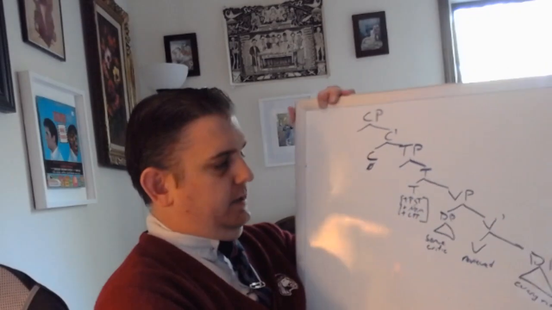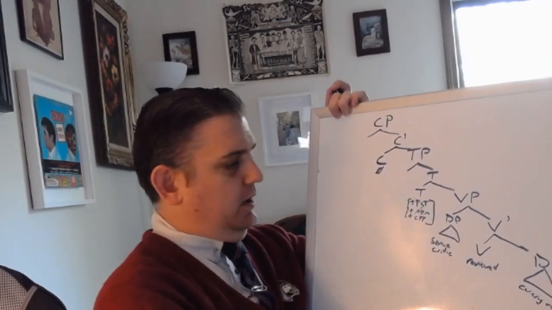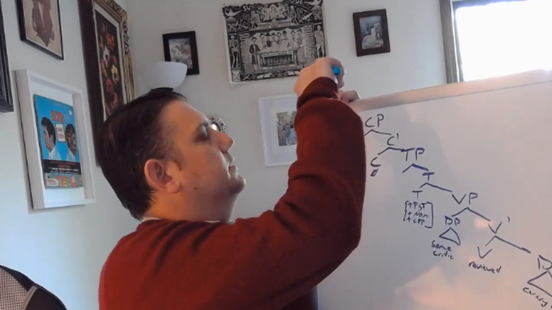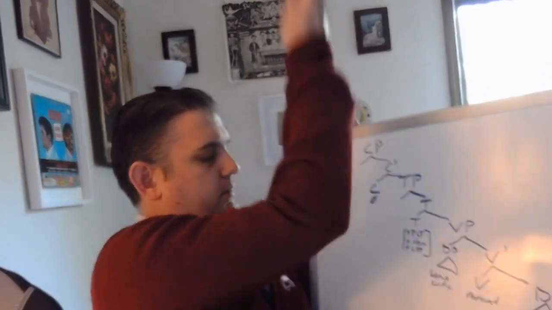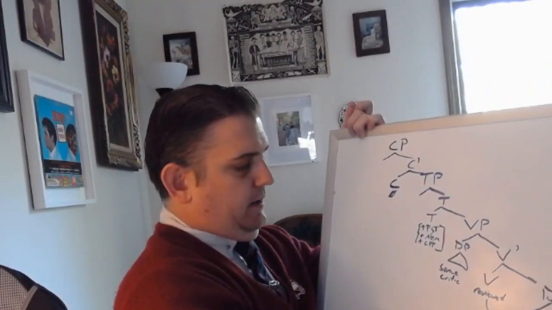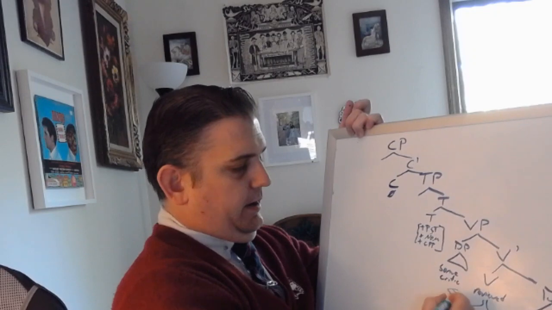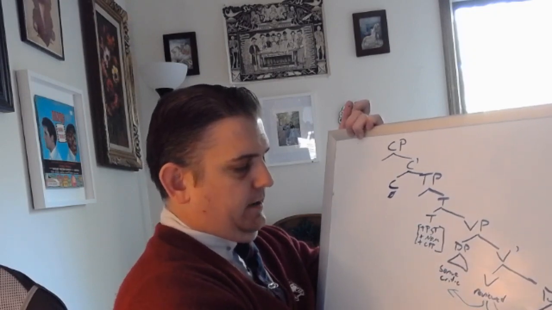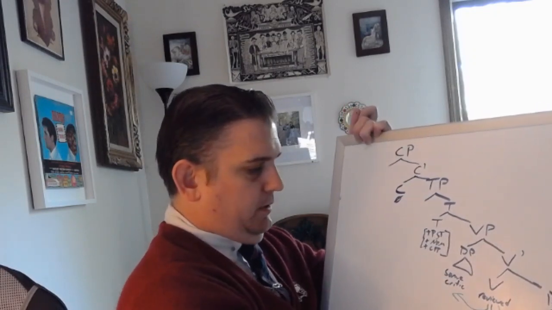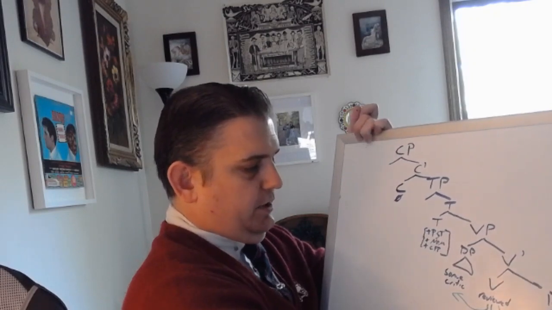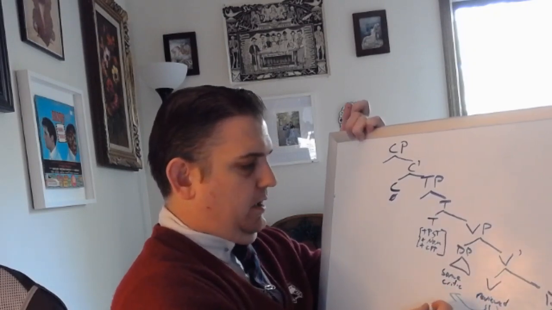And so this is the D structure. We're getting theta assignment here and here, case assignment here. So every movie is doubly satisfied in this position,